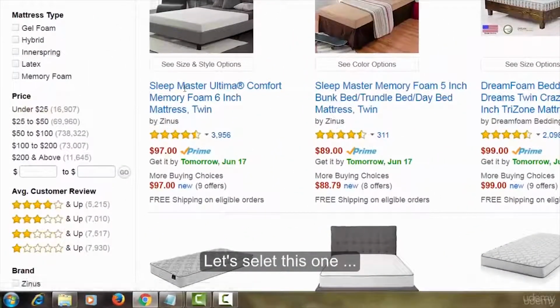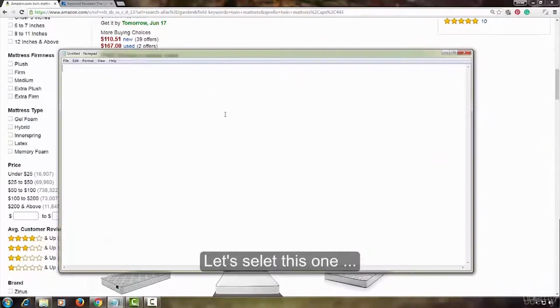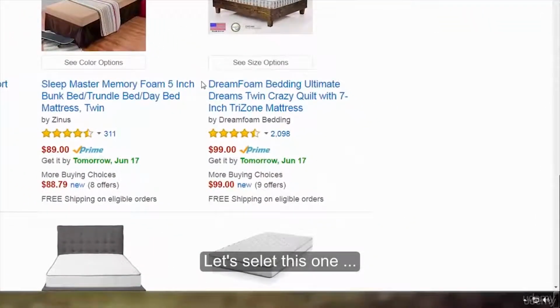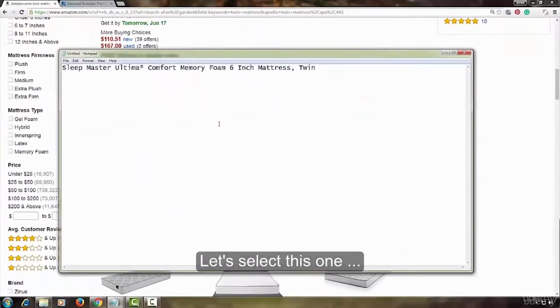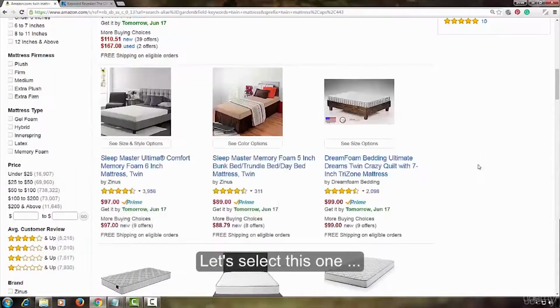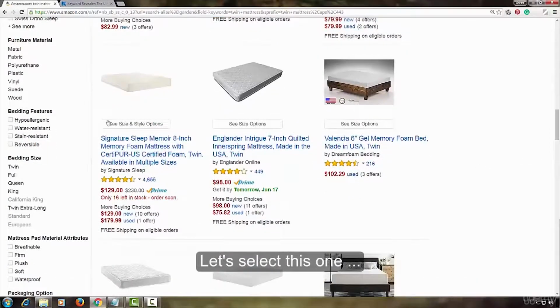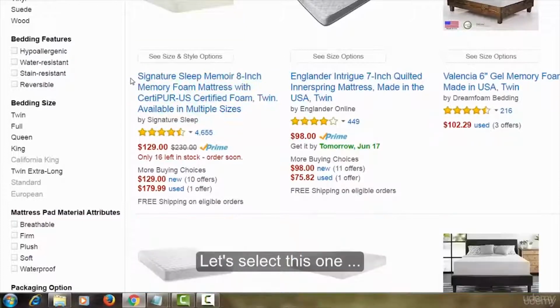Let's select this one. Let's select this one. Let's select this one.